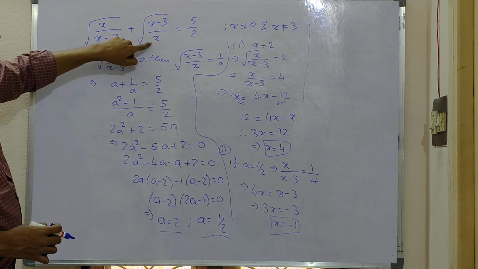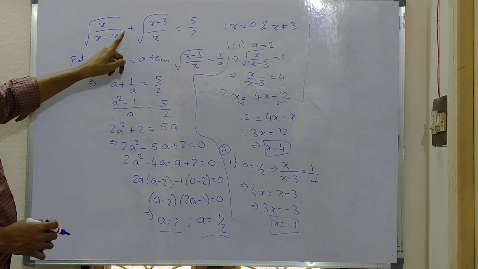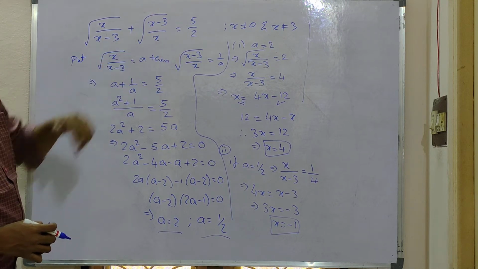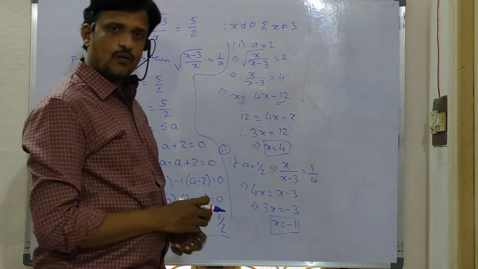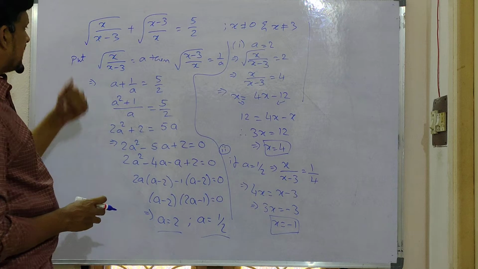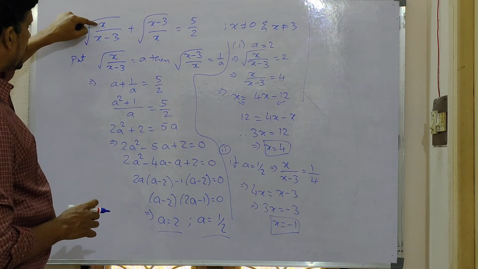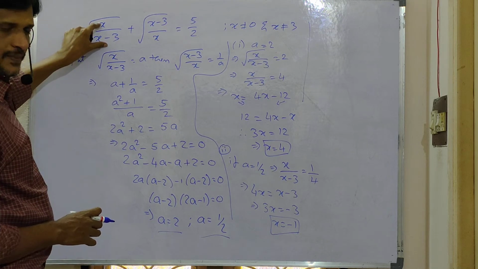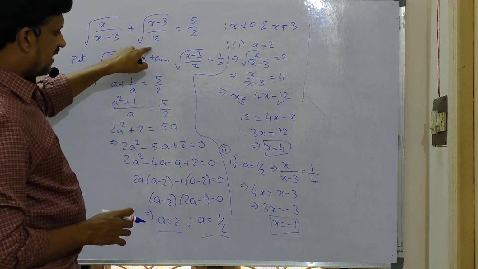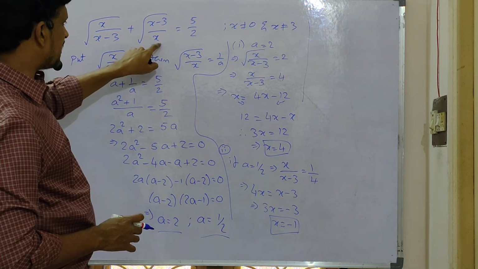And here it is 4 minus 3, that is 1 by 4, that is 1 by 2. So you are getting 2 plus 1 by 2, that is 5 by 2, which is 2.5. Similarly, if you put x equal to minus 1 here, then also you will get the same. If you put x equal to minus 1, this will be minus 1 by minus 4, that is 1 by 4, that is 1 by 2, root 1 by 4 will be 1 by 2. Here it is minus 1 minus 3, means minus 4 by minus 1 will be 4, that is 2.